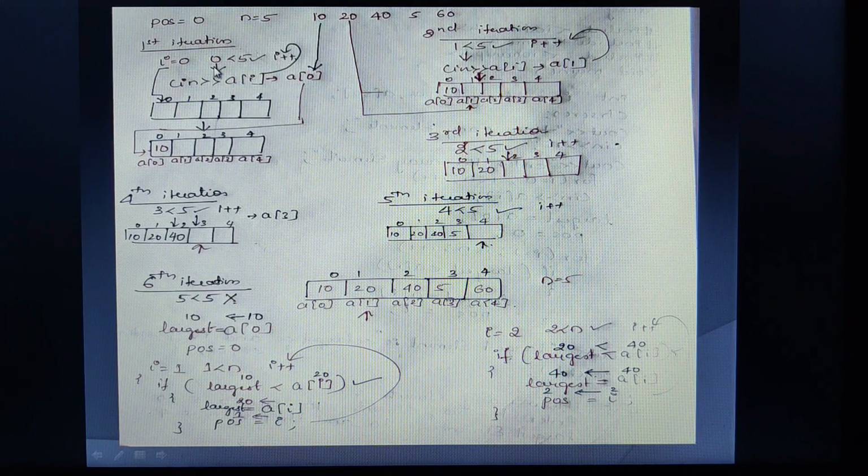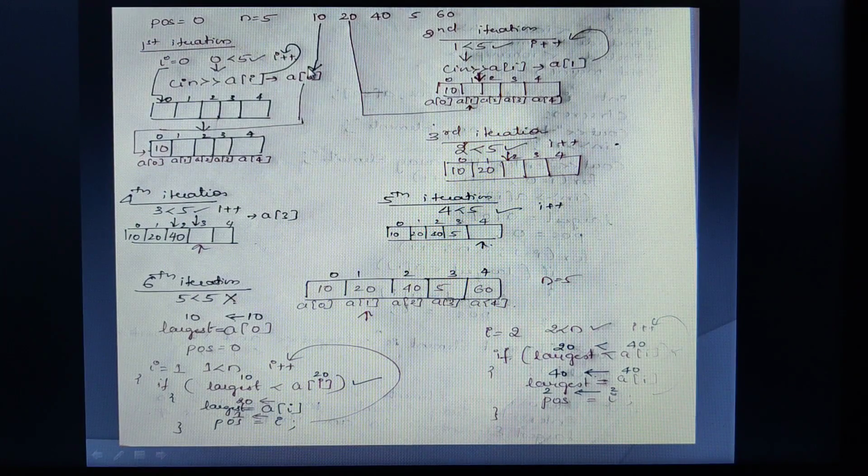On satisfying the condition, the true part of the statement will be executed, wherein it reads the A of I value. What is the current value of I? I is 0. So it reads the first element from the console output and places it in the position A of 0. Therefore 10 will be extracted from the console output and stored in A of 0. Initially I points to the 0th location, the condition is satisfied, therefore it reads the first element and stores it into A of 0.